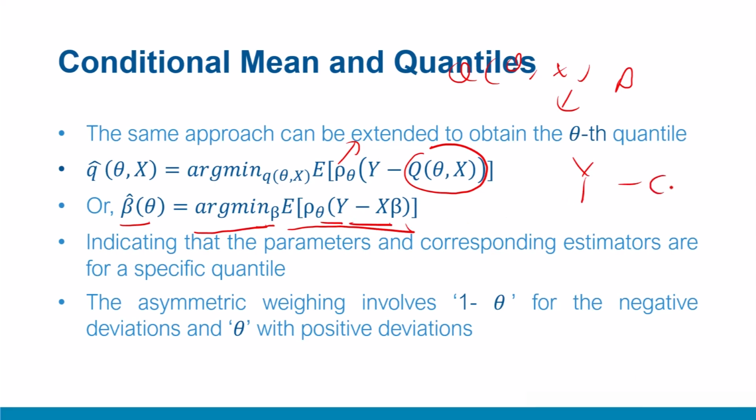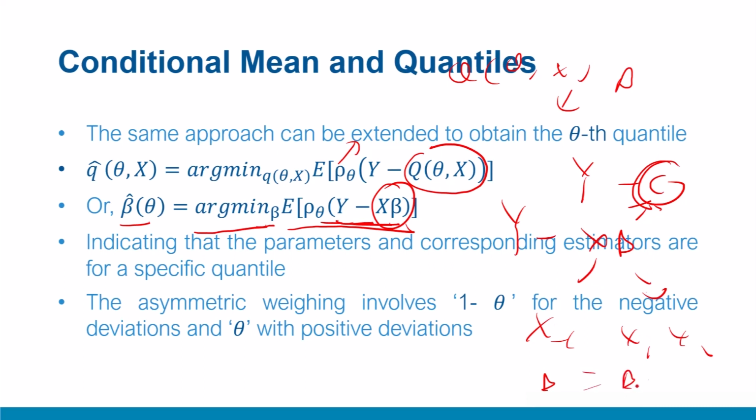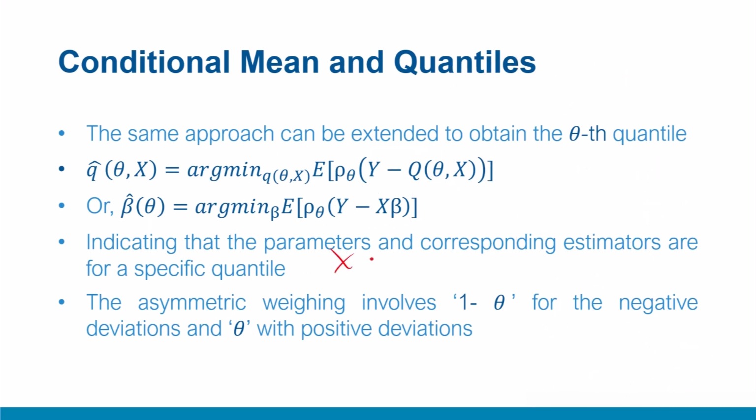Earlier we had this centroid C as some kind of median or unconditional quantile. Now we are replacing it with a conditional quantile. So we have x beta and the deviation y minus x beta. You can think of x and beta in vector form, so x can be a vector of x1, x2 and so on, and beta can be a vector of coefficients beta 1, beta 2. So you have the x beta matrix, which is your conditional quantile function, and when the errors y minus x beta are supplied to this check or loss function for quantile regression, you get estimates of beta that are quantile specific.